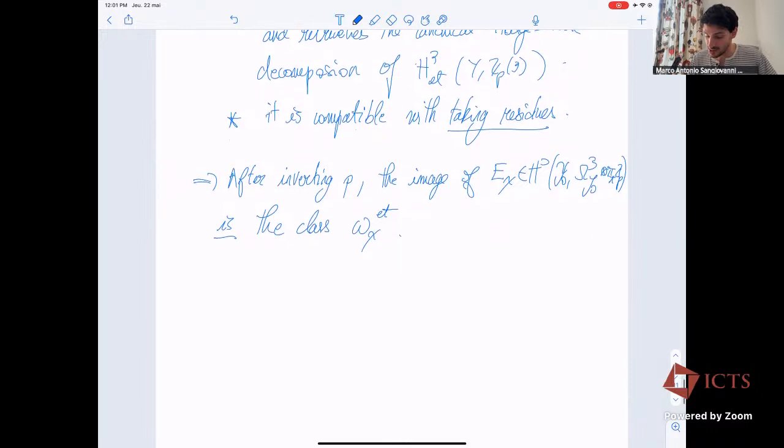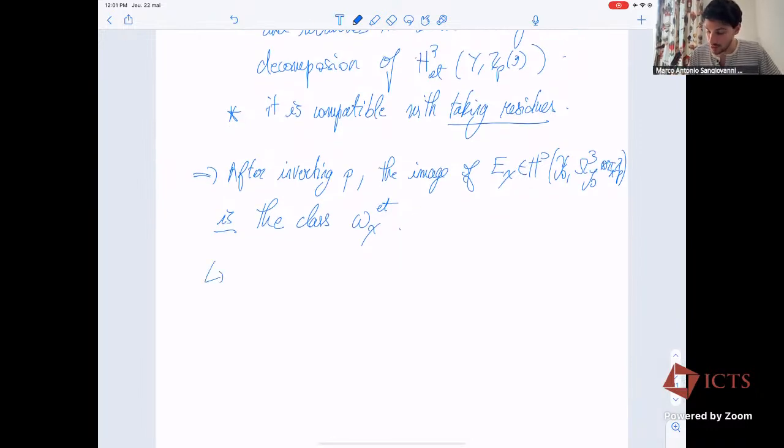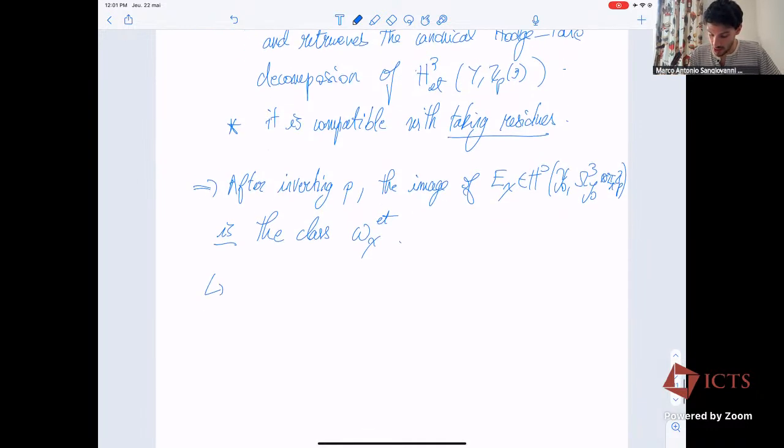And so this means that the image of E chi tensor an element X in the maximal ideal actually belongs, since the class was rational, to the H3 et al. of Y, Z_p 3 tensored with rho minus 3 OCP